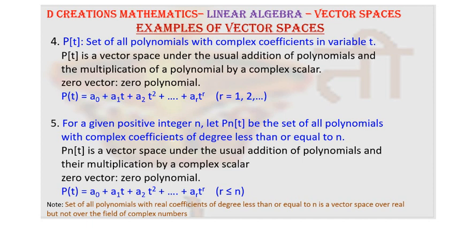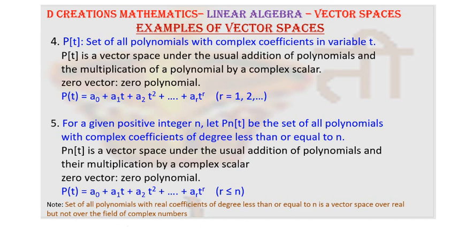Now there's something I would like you to note. Apart from the small note given here, the set of all polynomials with real coefficients of degree less than or equal to n is a vector space over real numbers but not over complex numbers. Again, this is clear because think of multiplying it by an entity from the field, any scalar, and if it's a complex scalar, multiplying a real coefficient polynomial with that will not give you again a polynomial with real coefficients. So that is true.